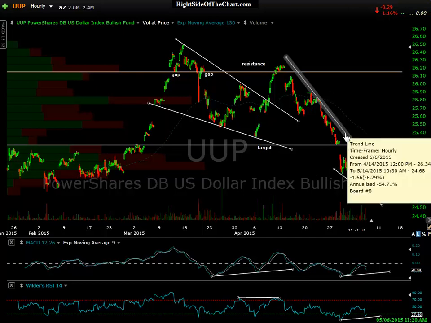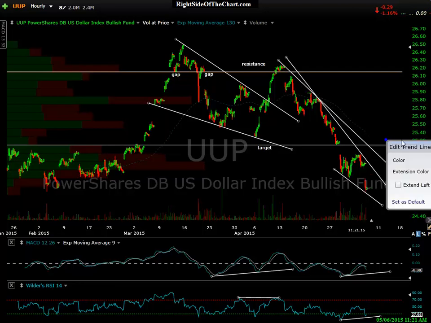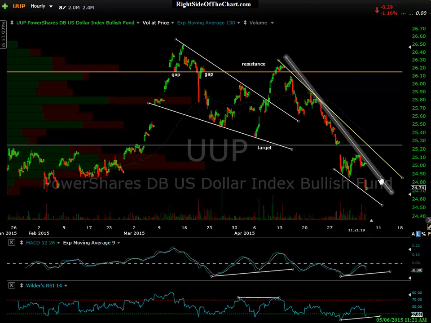The trend line is fairly well defined, not exceptional at this point. We might even draw another trend line. This might end up morphing into a less steep trend line, if I can use that word. I'll color that yellow just to differentiate it. But for now, this is what I'm watching, and we do have potential divergence here. It's a little bit sloppy.